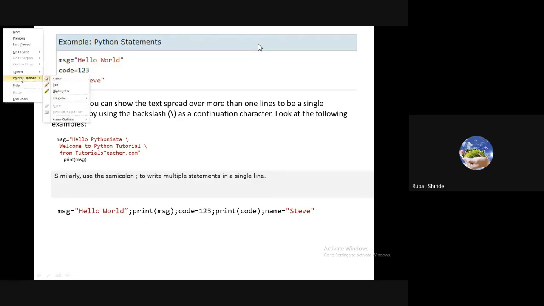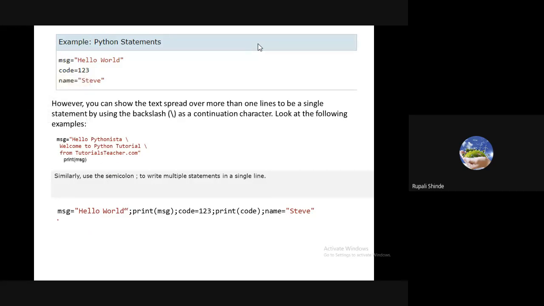We have a first statement. What is our first statement? That is message. Message is equal to hello world. Then I want to print this message on the screen. Instead of entering by hitting the enter key, I just mention a semicolon here, and write the second code, that is print message.